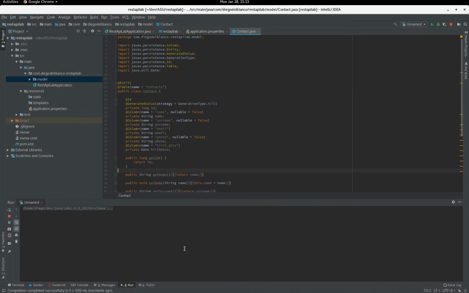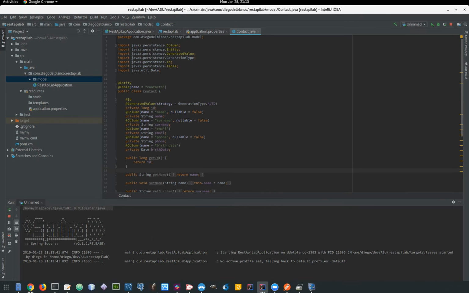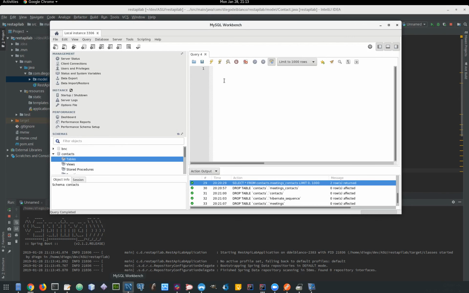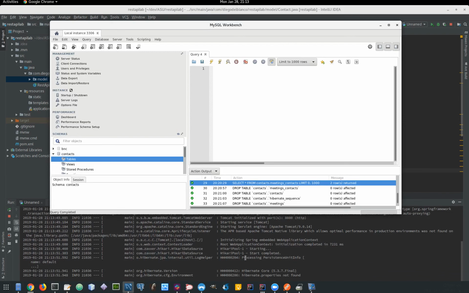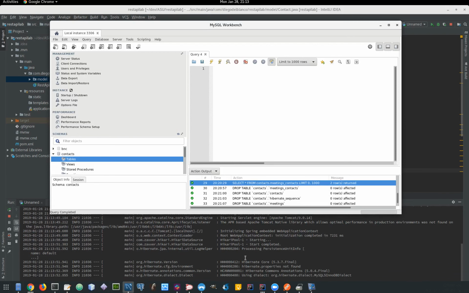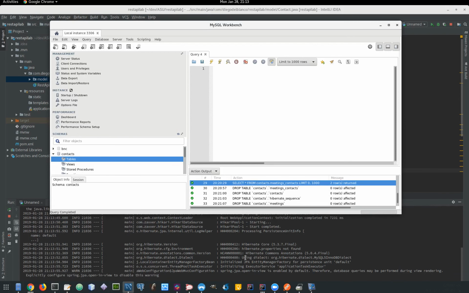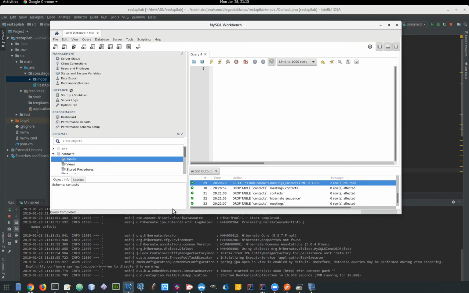Okay, build, it's taking some seconds. And well, the magic is going to happen here, so I'm going to open it. It's starting, connecting to database. Okay, so again, if I refresh now,